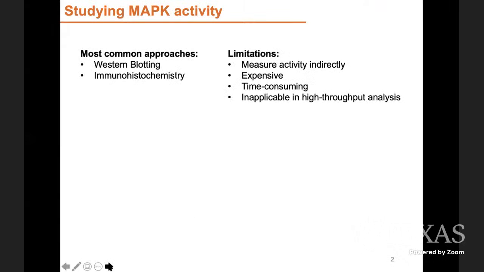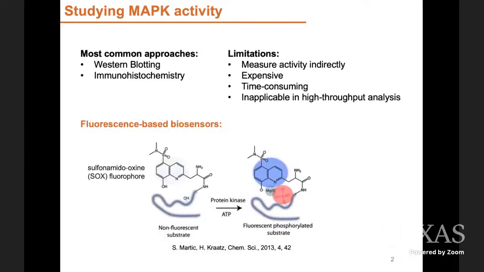To study the kinase activity, the most common methods are the Western blot and IHC, but they do not measure the kinase activity directly, and their procedures are quite complex. By contrast, the optical-based sensing method could overcome the above limitations. For example, the chelation-enhanced fluorescence strategy is a leading approach in this area. They can report the phosphorylation events with some selectivity, but it requires a specific receptor for each of the kinase targets. Since we have more than 500 endogenous kinases, it's very hard to identify the biosensor's selectivity.